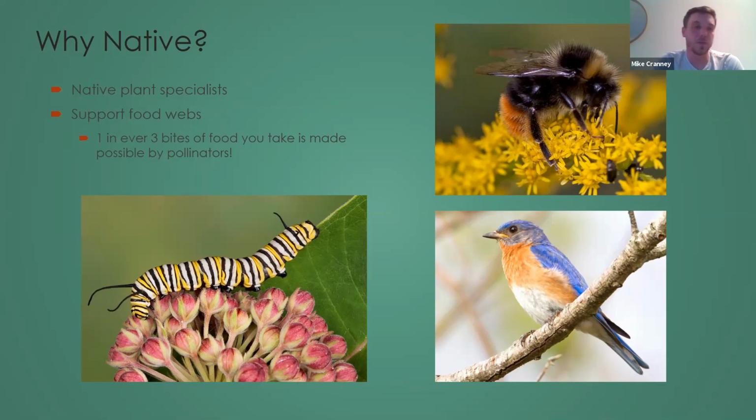Plants are the basis of all the food webs, but the type of plant actually matters. If you think about insects and pollinators, they really depend on specific types of native plants. They're native plant specialists. They've evolved alongside these specific plants over millennia, and developed specific strategies for how they break down plant defenses, the plants that they like to live on, like to eat. So there are tons of insects, pollinators, caterpillars, bees, things specifically like that depend on very specific plants in order